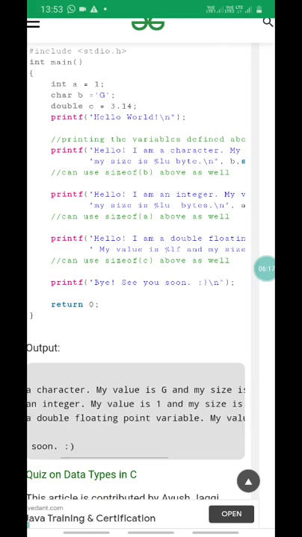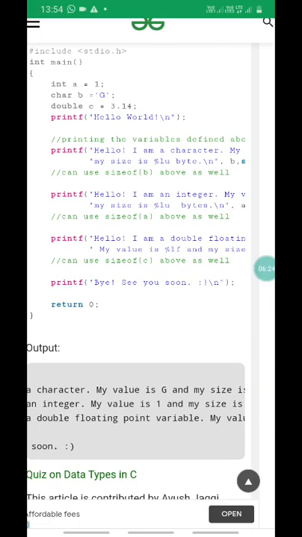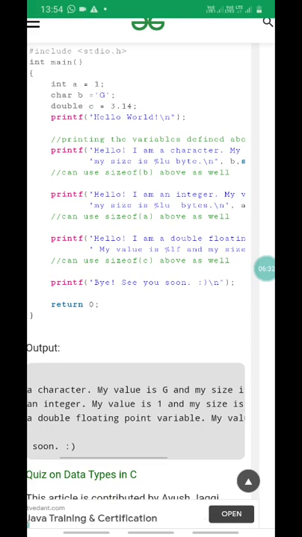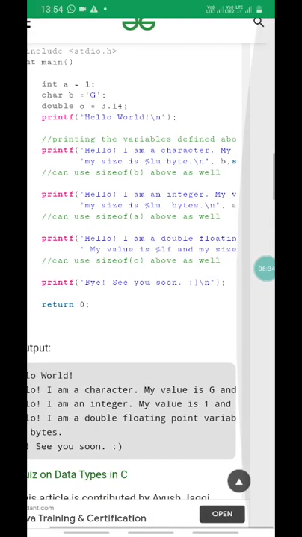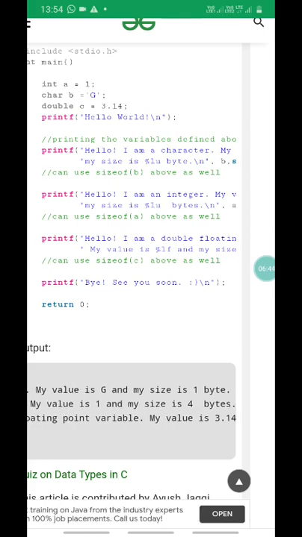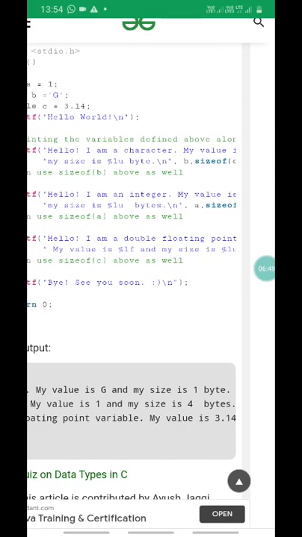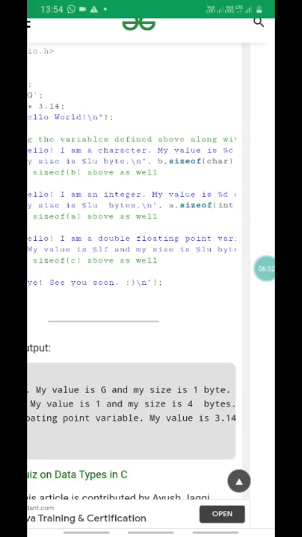Then second, hello, I am an integer, my value is %d and my size is %lu bytes. So my value is 1 and my size is 4 bytes. Then the third statement, hello, I am a double floating point variable, my value is %lf and my size is %lu.